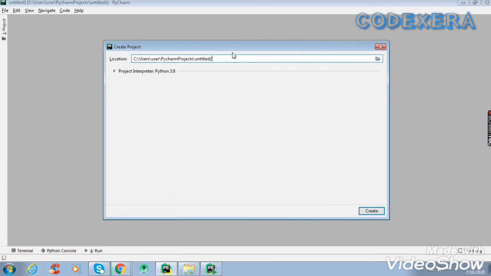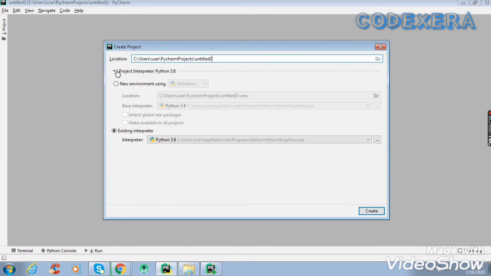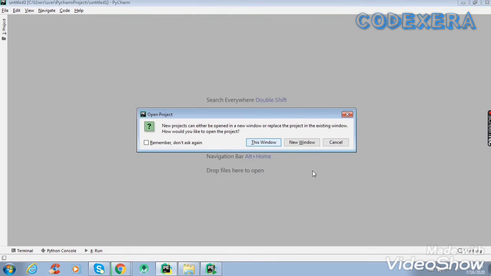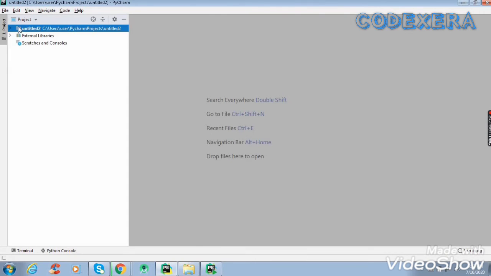Here is the interpreter. We have already installed Python, so we don't need any interpreter; it will already search for that. Click on Create, and it will ask you to open this project in this window or a new window. This window is right, and here the project has been created.